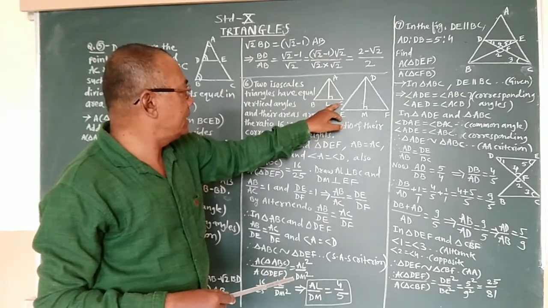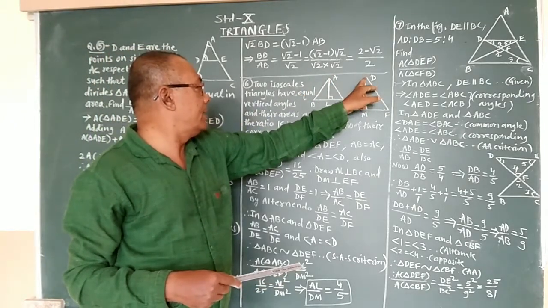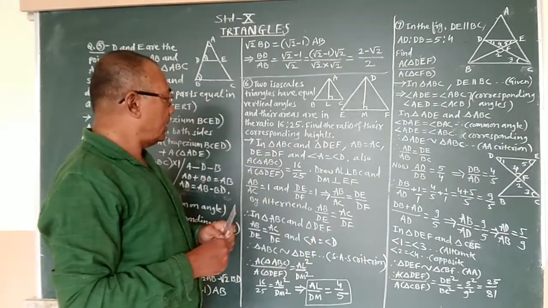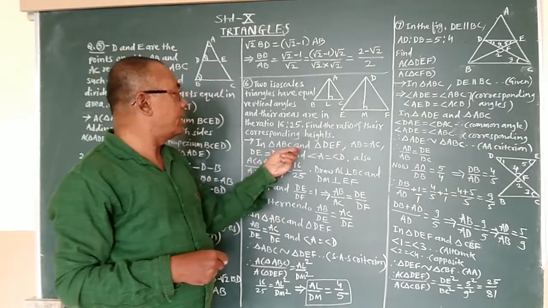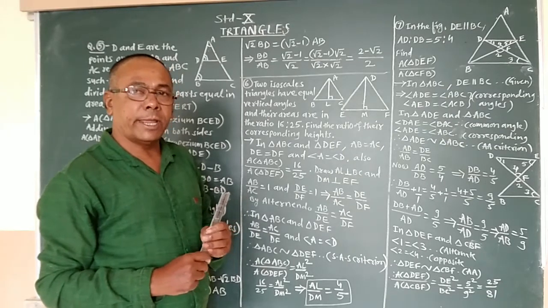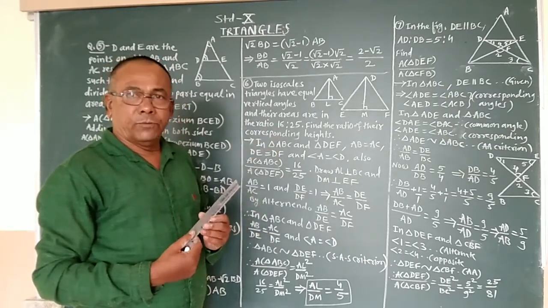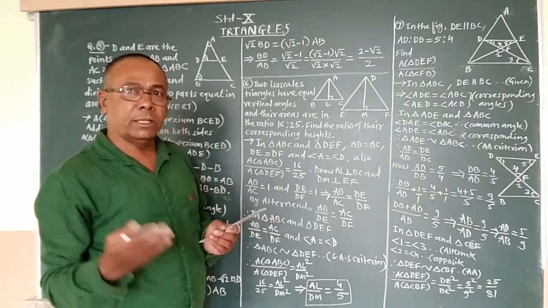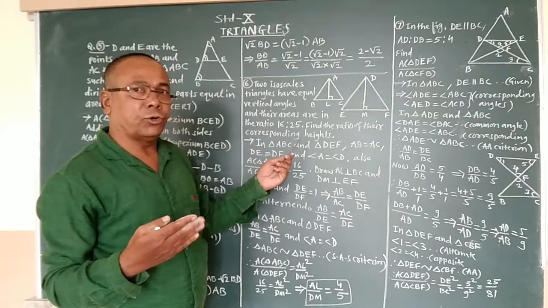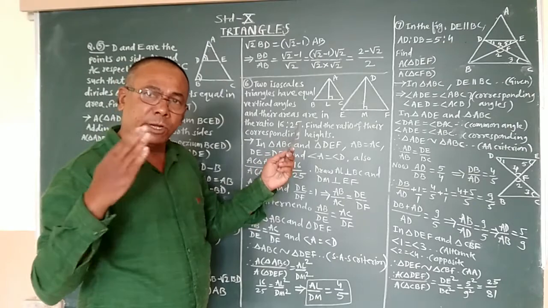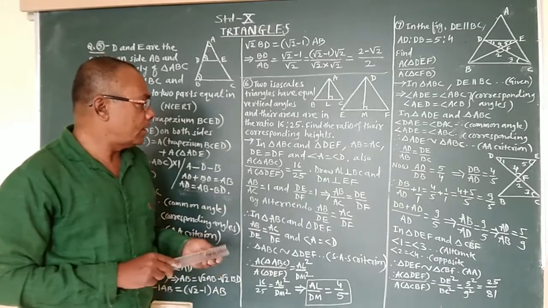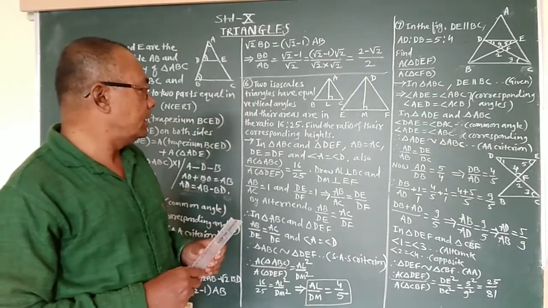In this way, we get two isosceles triangles having equal vertical angles, and their areas, that is area of triangle ABC divided by area of triangle DEF, are in the ratio 16:25. Now find the ratio of their corresponding heights. We know that if two triangles are similar, then the ratio of areas of two similar triangles is equal to the ratio of the squares of their corresponding heights. So we have to apply this property in this example, and now we will solve it step by step.